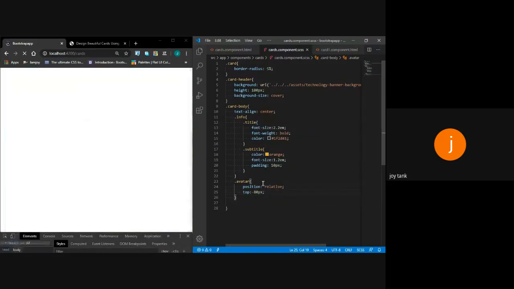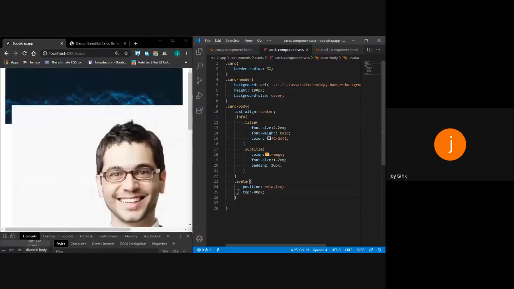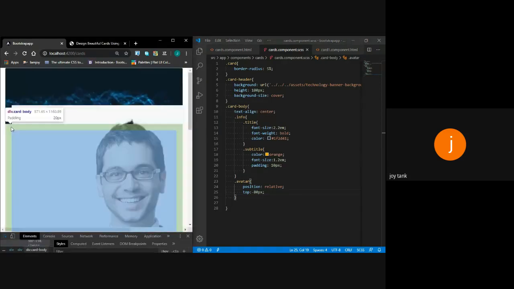This will place your image 80px above your card content. You can see that this image has appeared above your card body at a distance of minus 80px. Minus indicates that you are going in the negative direction.